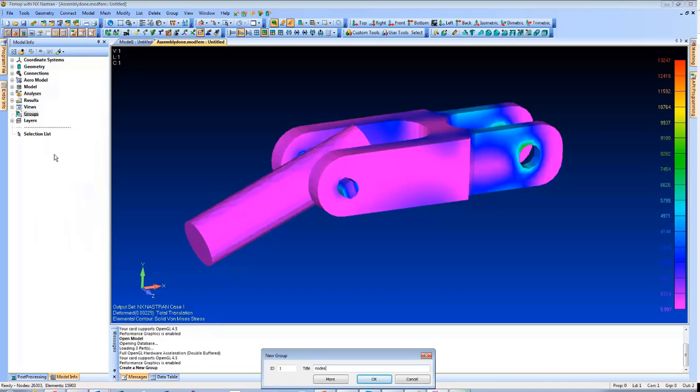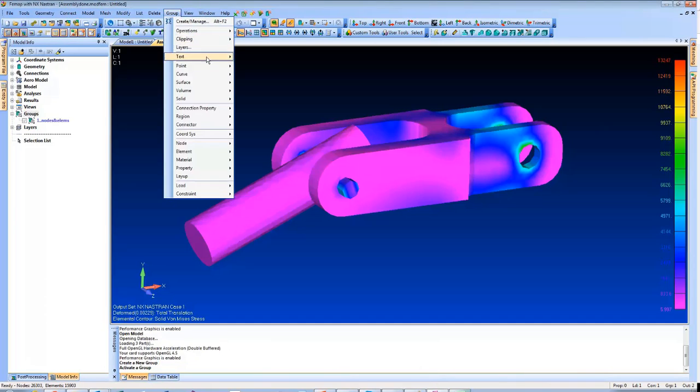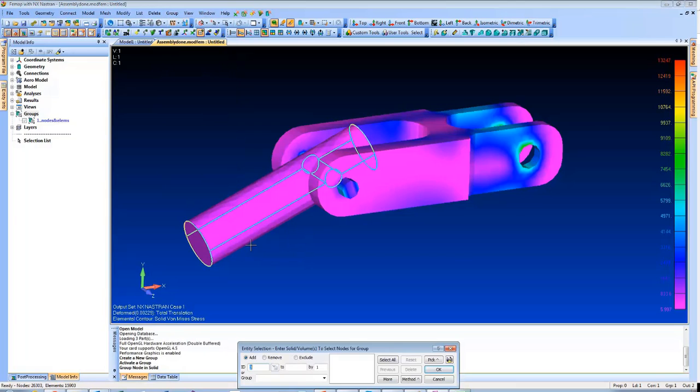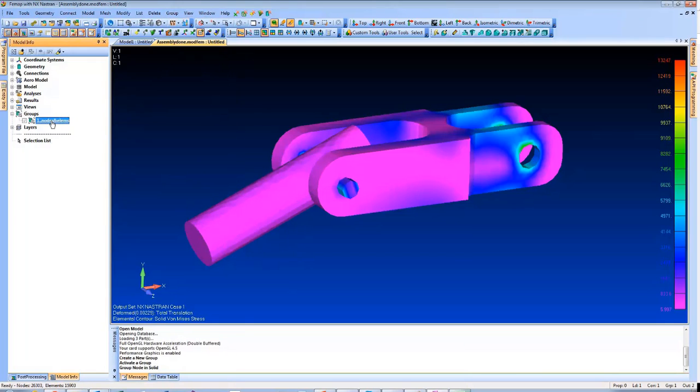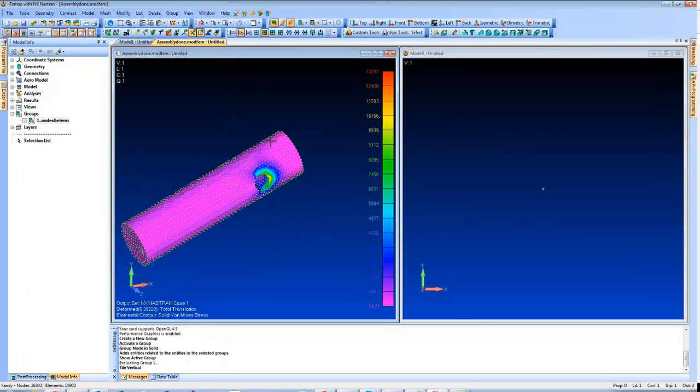I'm going to call it nodes and elements. We're going to add our nodes via the solid, and from the model info tree I can add my related entities, turn my nodes on, and if I only display this active group, you can see we've isolated the cylinder with the elements and the nodes, no geometry or anything else. So now, just viewing these two windows vertically, we can take advantage of